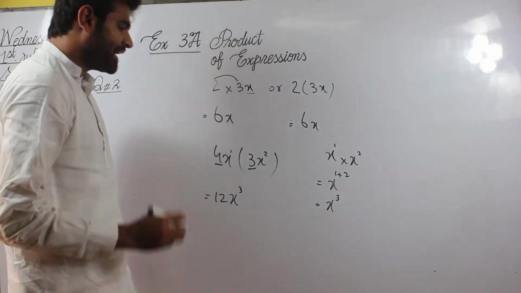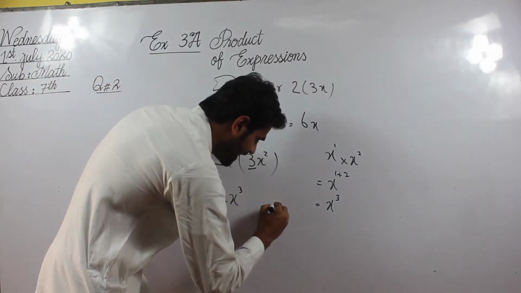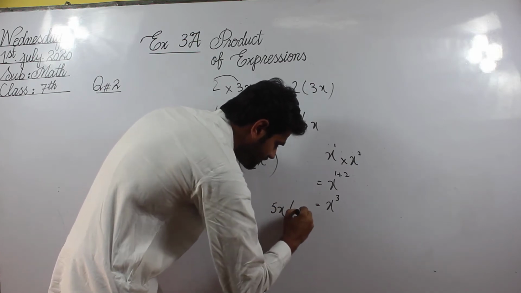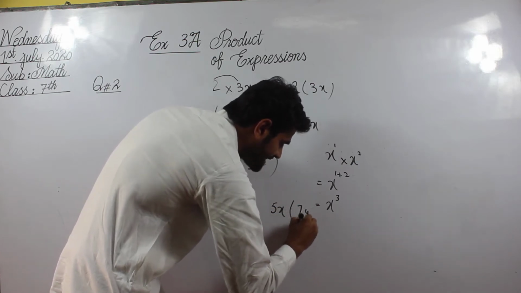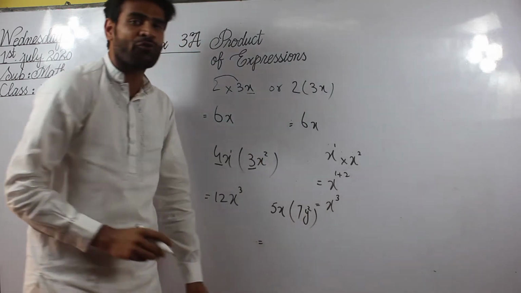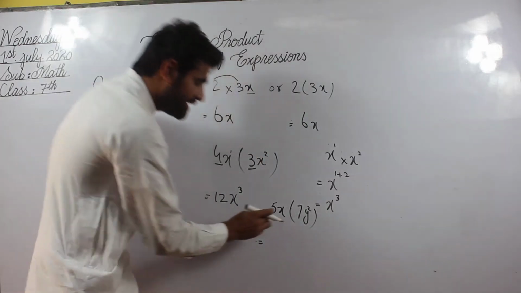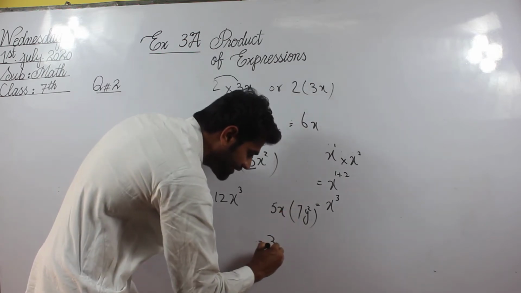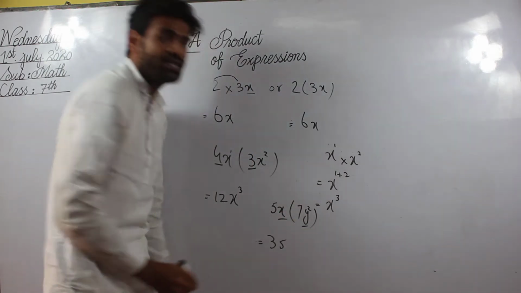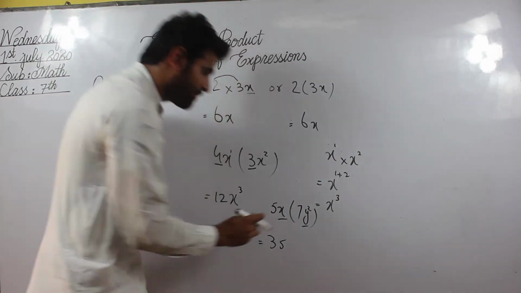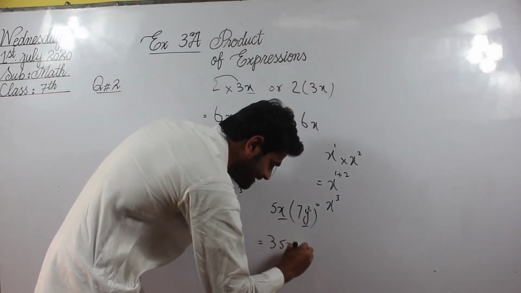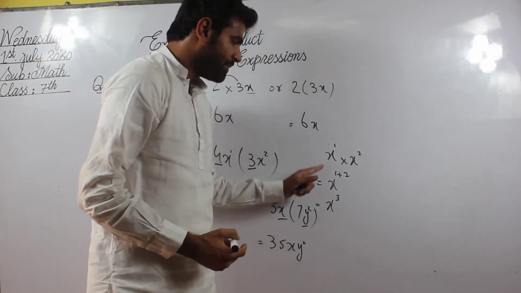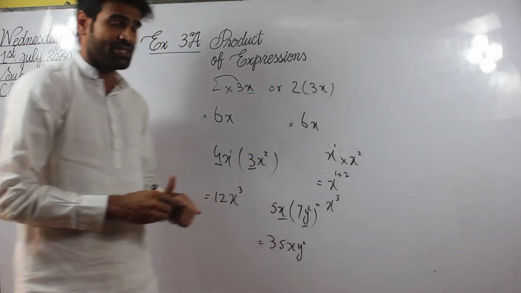And when we multiply different variables, just like 5x into 7y squared, again we first multiply their coefficients. X's coefficient is 5 and y squared's coefficient is 7. 5 7s are 35, and the variables are different. Now we write both as they are, x into y squared, just like that. Only powers add when the same variables multiply each other.